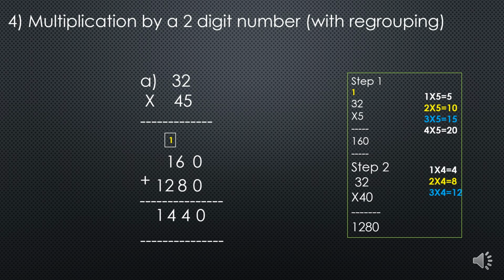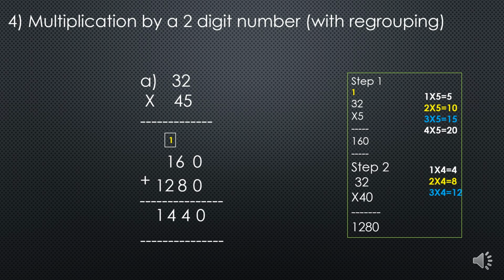So when you add 160 plus 1280, what are you getting? Add from the right position. Unit place digits are 0. 0 plus 0 is 0. Next, add the tens place digits. 6 plus 8 is 14. We will write 4 only here, and carry 1 we will write on top of the hundreds place digit. Then add the hundreds place digits. 1 plus 2, 3. 3 plus carry 1 is 4. So 4. Then in the thousands place 1 will come.